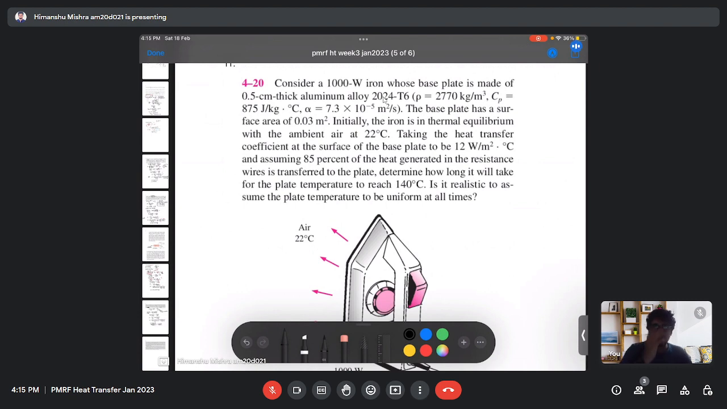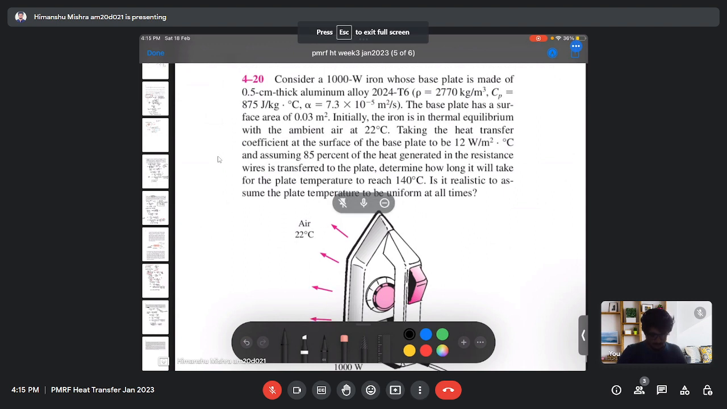So consider a 1000-watt iron whose base plate is made of 0.5 thick aluminum alloy. The base plate has a surface area. We have given the properties of the aluminum alloy, and the surface area is 0.03 meters square. Initially the iron is in thermal equilibrium with the ambient air at 22 degrees Celsius, and we have given the